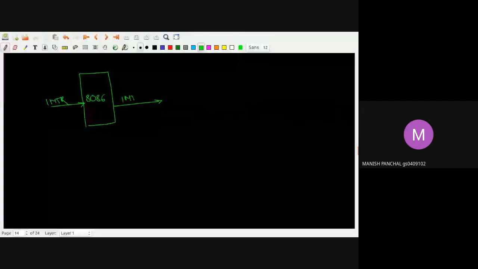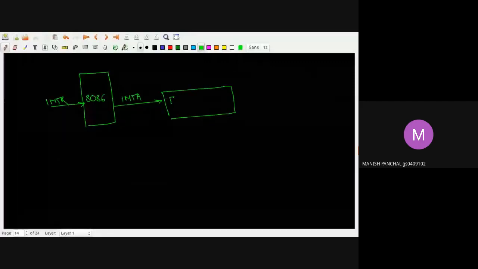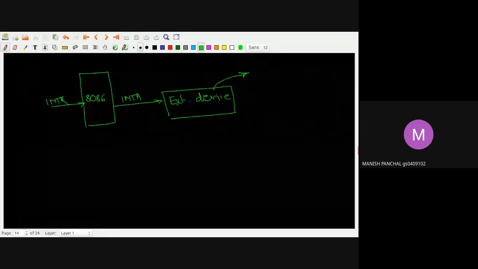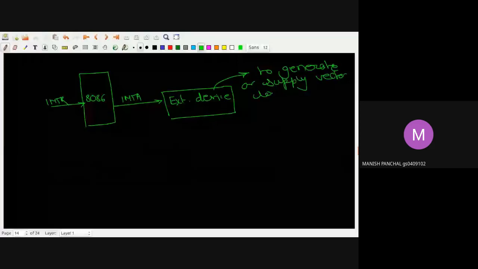For example, I have connected some external device. The role of this external device is to generate or supply the vector location corresponding to